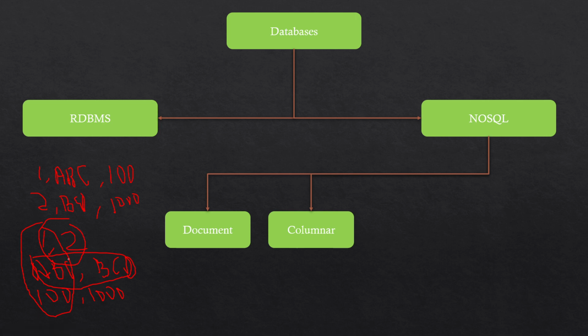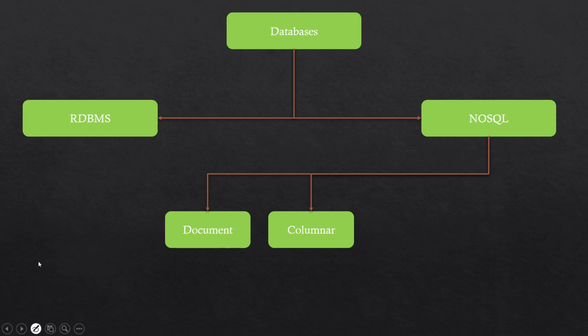Now what is the benefit of having the data of one column together? This can be really helpful when you are running a query on a certain set of columns, like one column or two columns, or suppose you want to run some aggregation on a column. At that time you can pick up everything from here, since all the data are stored together. So picking the data and running aggregation on that particular set of columns will be really easy, and it will be really fast. So if you have a scenario like that, then a columnar database will be the way to go for you.